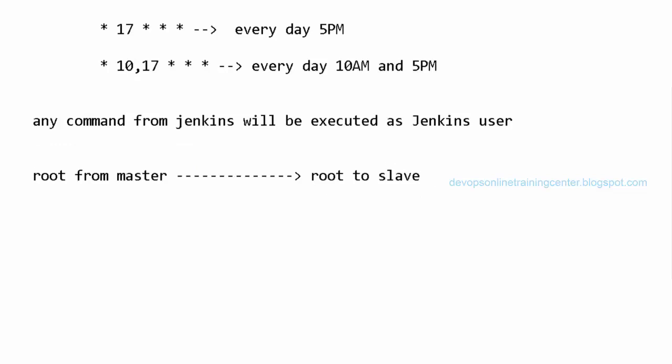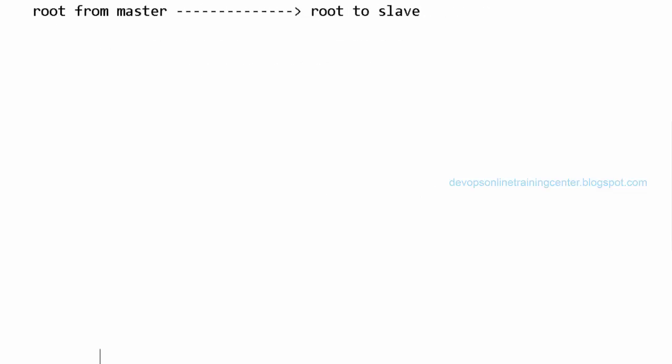See here, if you understand the flow, there is GitHub, which is a code repository. Then what happens once Jenkins polls every minute, and a developer has checked in?